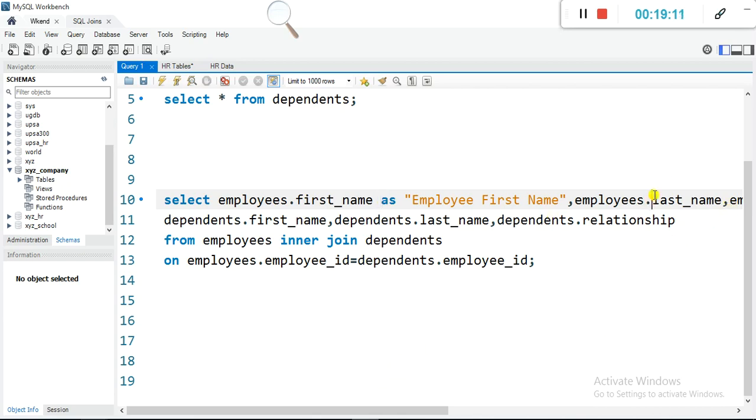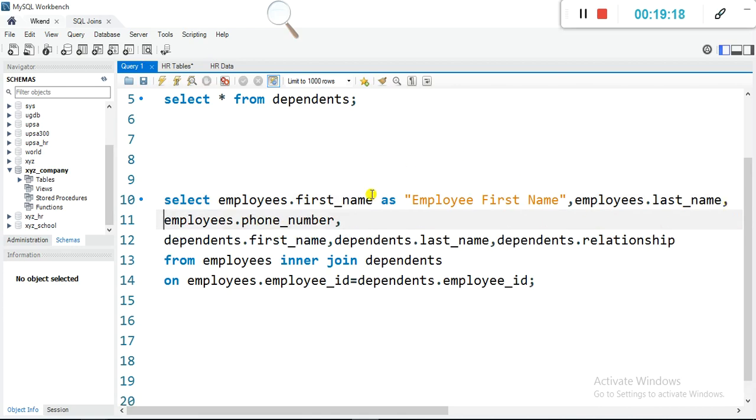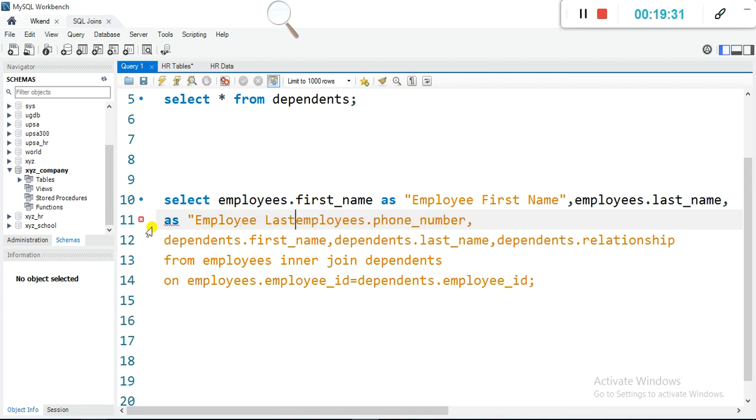So let's get to the last name. So employee last name, then we'll bring the alias, so as employee last name. Okay, then we'll repeat the same thing for the dependents. So let's say